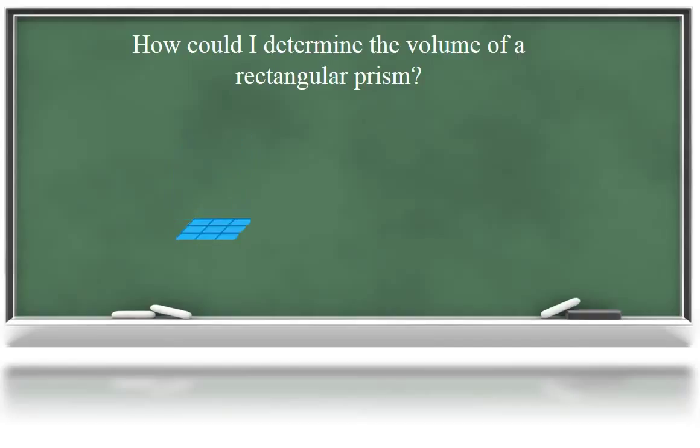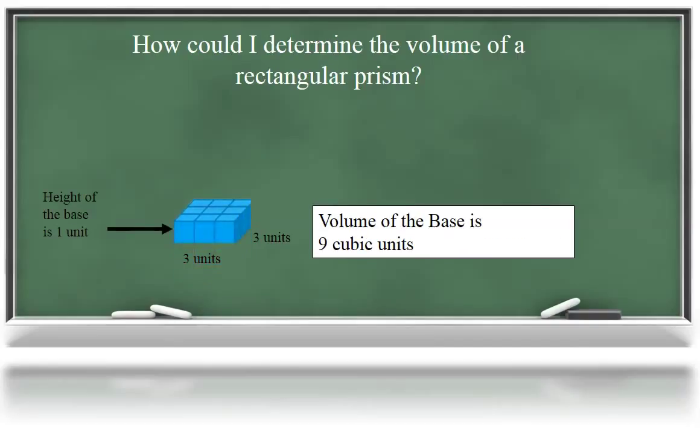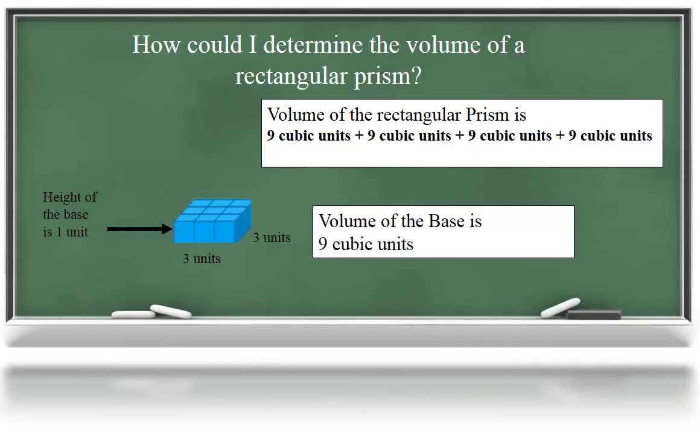Each layer would have the same area as the base of the figure, which is 3 units by 3 units, for a total of 9 square units of area. Each of these layers is 1 unit high, which would allow us to fit 9 cubic units into each layer. If we add each of the 4 layers together, 9 cubic units plus 9 cubic units plus 9 cubic units plus 9 cubic units, it would give us a total of 36 cubic units of volume for